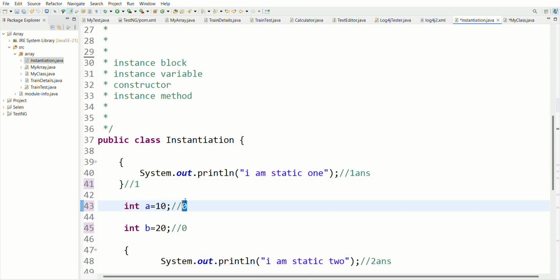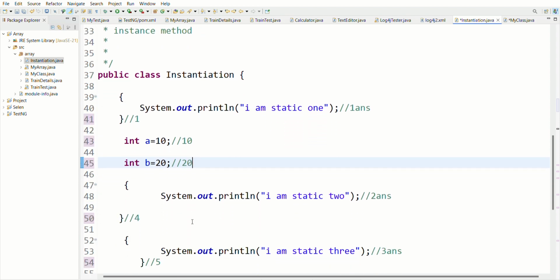Its value was given 0 in the first step. Now this value will be changed again to 10 because we change the value to the given value. JVM will change this. Now the same with this, its value was 0. Now its value will change to 20.